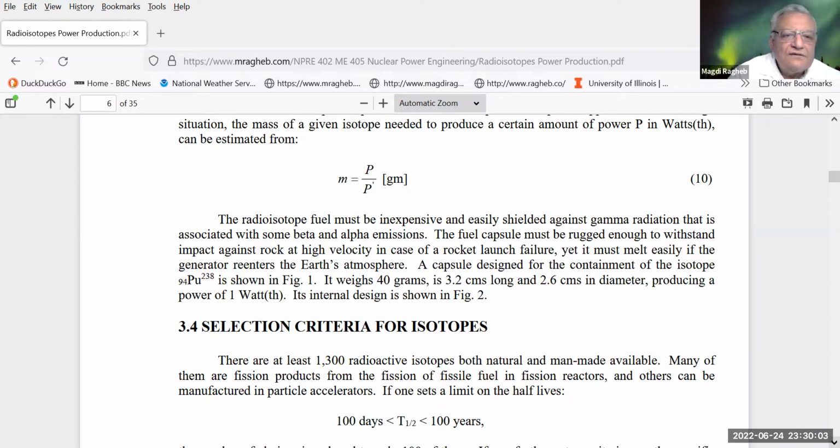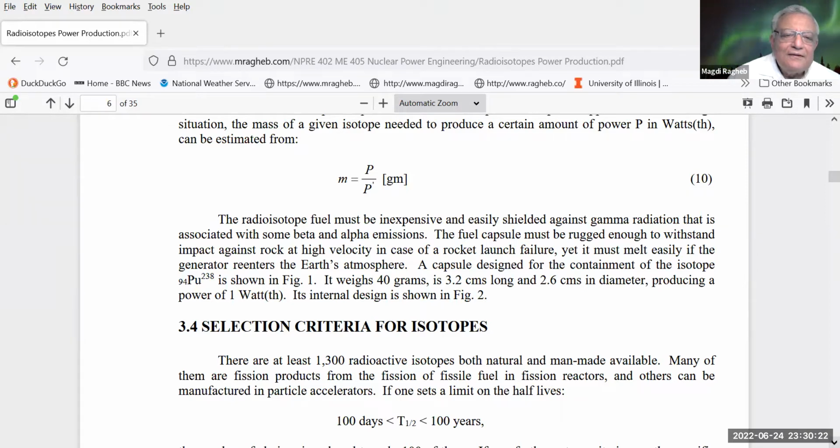This is the design equation, except that there are other design considerations that we have to go through. The isotope must be inexpensive. It can be more expensive than, I would say, gold, for instance, but not too expensive to be